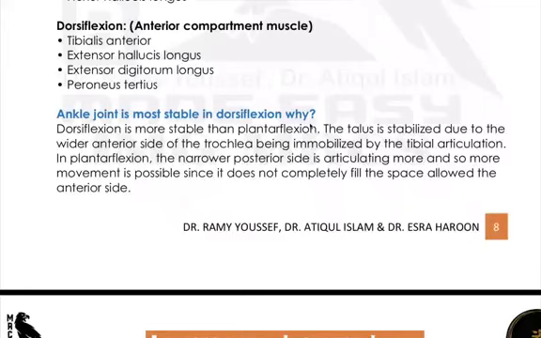While your foot is in plantar flexion, you can have some sort of inversion and eversion movement. So when your foot is in plantar flexion and you can move your joint, that means your foot is in a vulnerable condition. In dorsiflexion, there will be no movement. And the question is why there will be no movement? Because